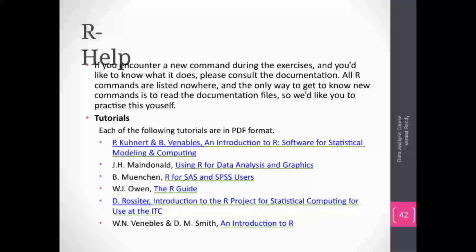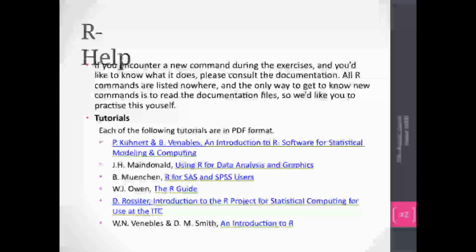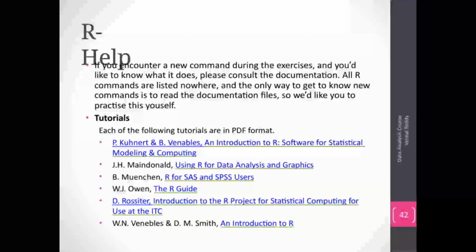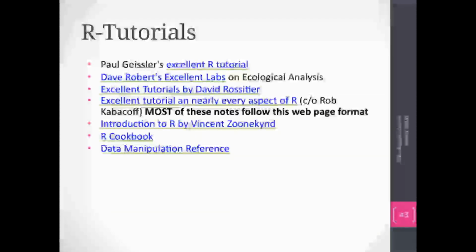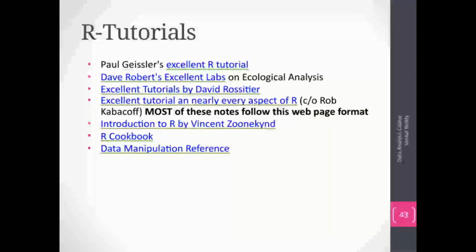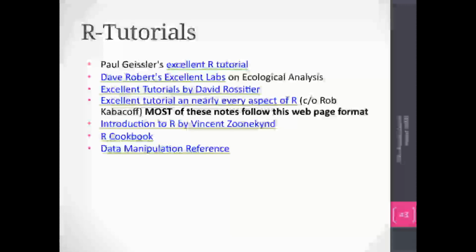Today, I want to highlight some fantastic resources for mastering data analysis with R. First up is Venkat Reddy, who offers comprehensive courses that cover the core concepts and practical applications. Then, there's Paul Geissler's excellent R tutorial, which is a great starting point for beginners wanting to get comfortable with R syntax and basic data manipulation. We also have Dave Roberts' outstanding labs on ecological analysis, which are particularly useful if you're working with ecological data or environmental datasets. Additionally, David Rossiter provides excellent tutorials that delve into nearly every aspect of R, making complex topics